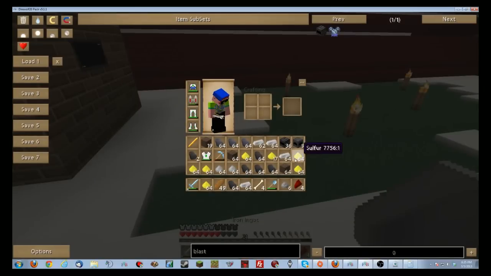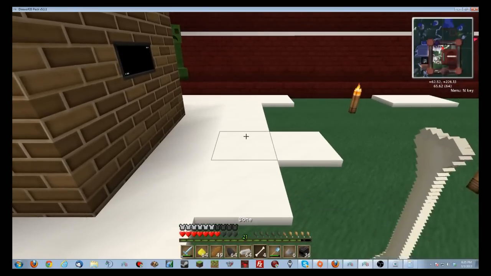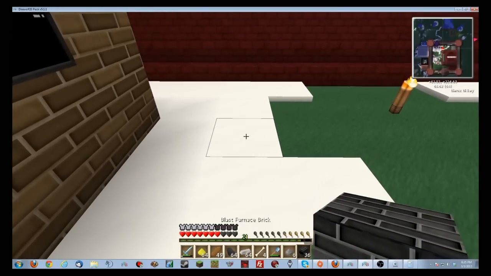Alright, so 34. So that is a 3 by... Let's see, this is a 3 by 3 by 4 with... it doesn't really say what the center is. Oh, wow. The center will contain lava. Okay, so we're going to do...